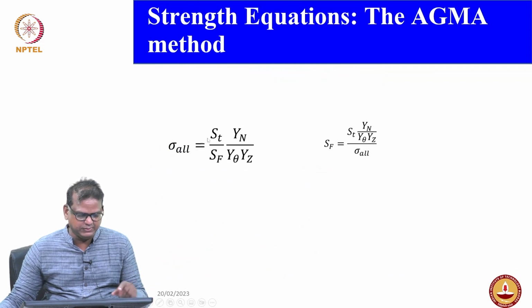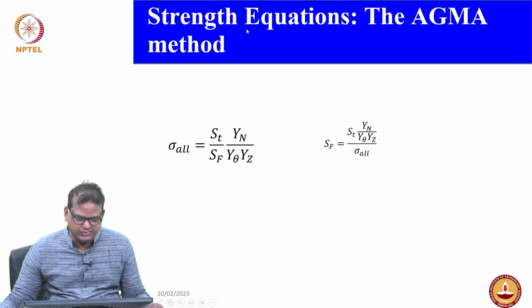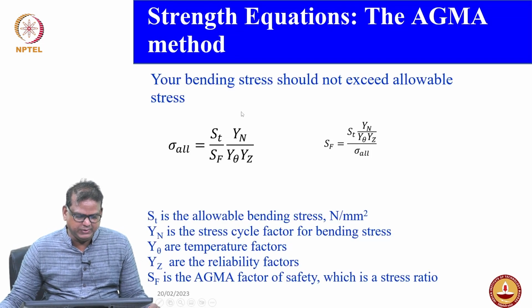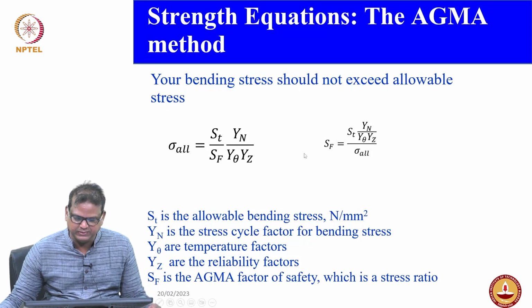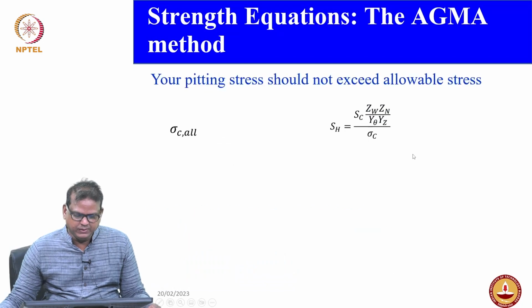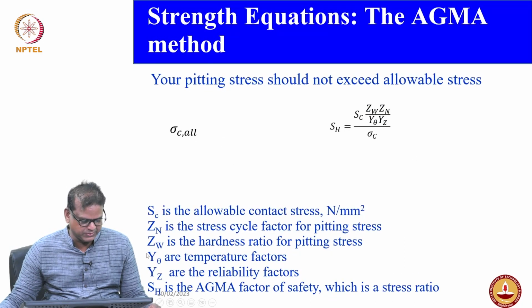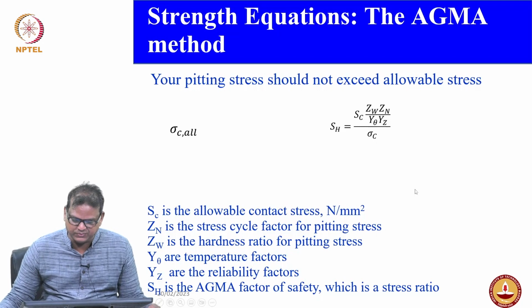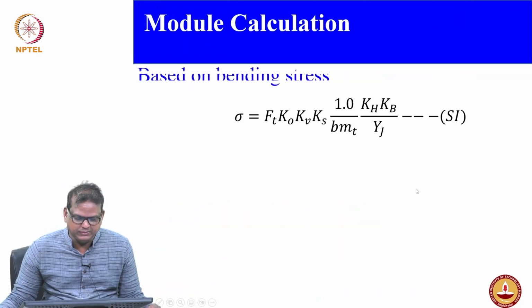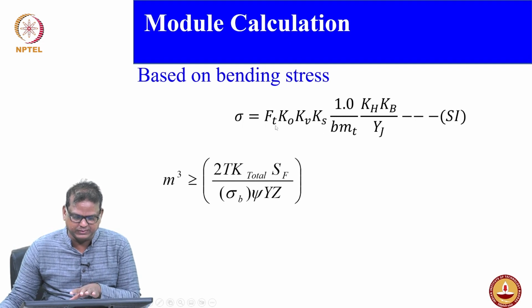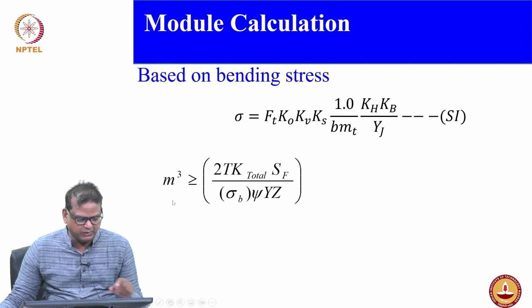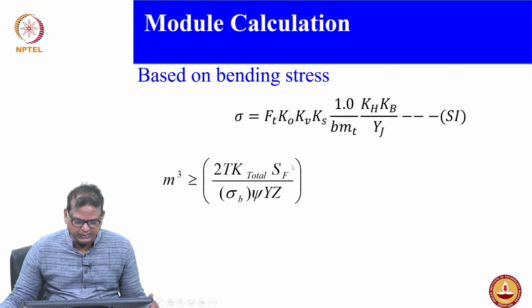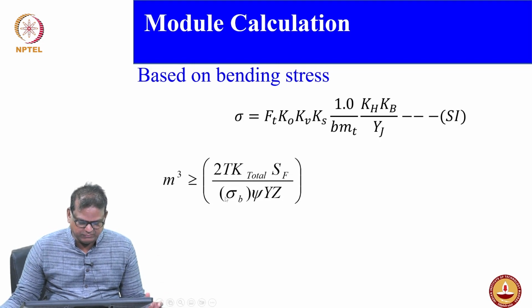Finally, this is based on the strength equation for the material aspect, and again we discussed what is the yn, y theta, y z, sf is the factor of safety for bending aspect, and similarly for pitting we have done this also. You can say zn, zw, y theta, y z, and sh would be the factor of safety for pitting stress. Then based on this, we made a lot of these k values as a k total for simplifying, and finally we got a module equation 2t k total sf, within the bracket this is design value bending, psi is the